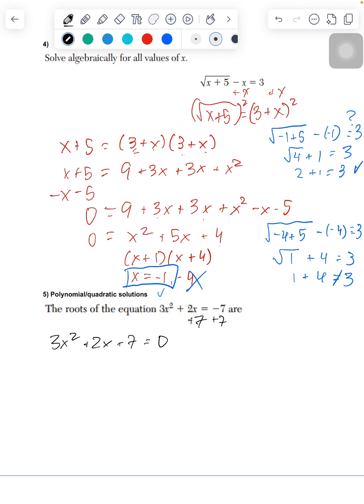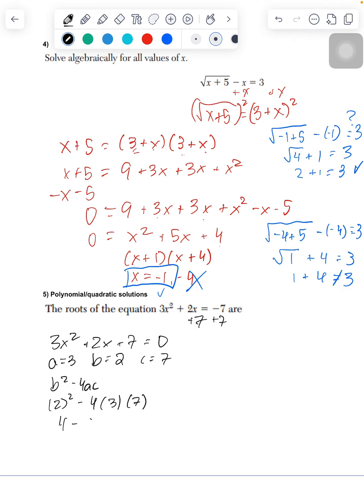All right, so again, let's use the quadratic formula here. A equals 3, b equals 2, c equals 7, right? So remember, first thing we do is the discriminant, right? Which is b squared minus 4ac, which is going to be 2 squared minus 4 times a is 3, and c is 7. So I'm going to get 4 minus 4 times 3 is 12. 12 times 7